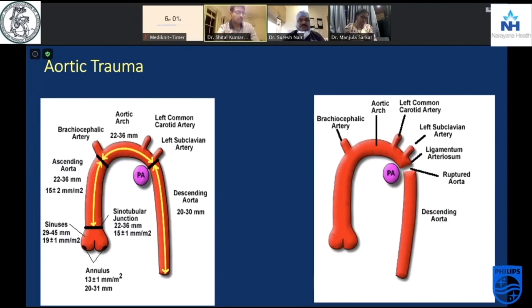Road traffic accident, a rapid deceleration injury, may result in a complete or a partial transection of the aorta. Usually the point is the ligamentum arteriosum. If it's a total transection, of course it's immediately fatal. But if it's a BAT, a blunt aortic trauma, it usually involves the isthmus, which is between the origin of the left subclavian and the first intercostal artery. The mobile arch at this point becomes relatively fixed, and hence it's a common point of breakage. So there might be a hematoma, dissection, injuries to the neighboring structures, lungs, tears.